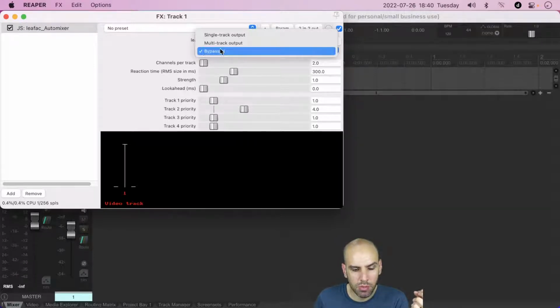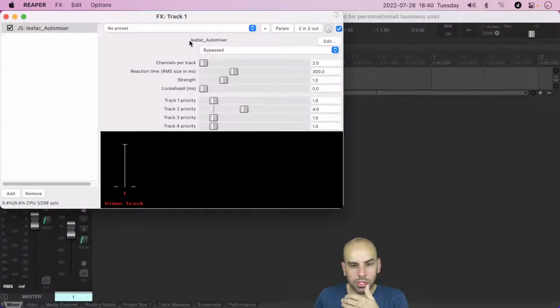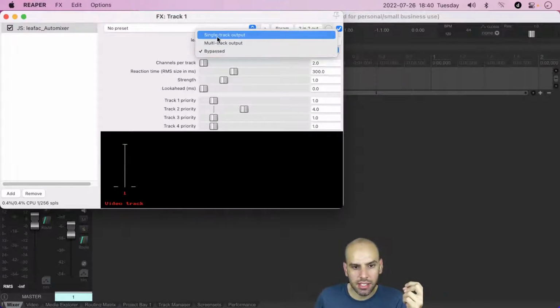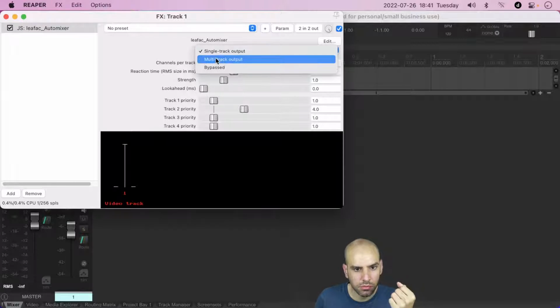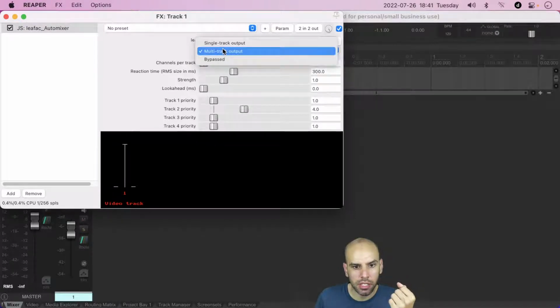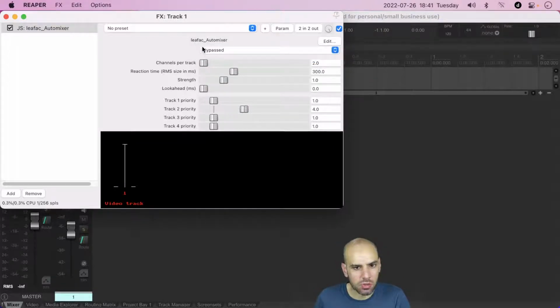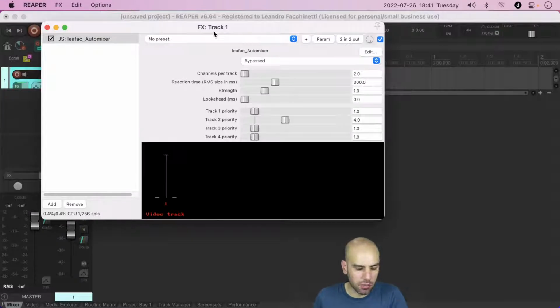So instead I had to implement this bypass. And the cool thing about the new architecture, the so-called distributed architecture for automixing, is that this is no longer necessary. The single track output doesn't even make sense because your DAW is now doing the actual mixing. The multi-track output is, I guess, the thing that we are doing now in the distributed version. And the bypass is just completely unnecessary. You can bypass the Automixer instances